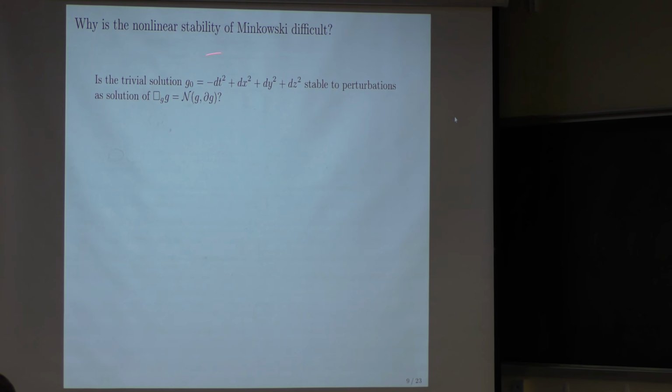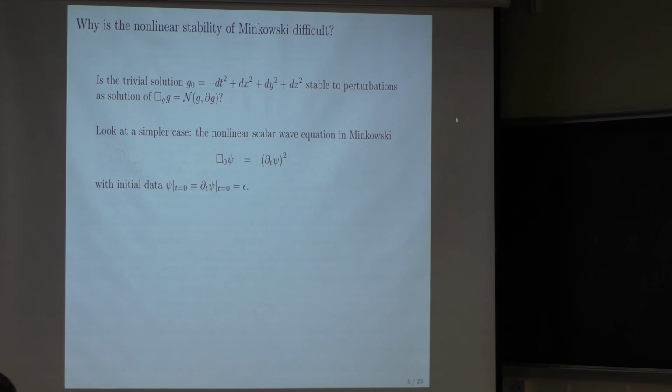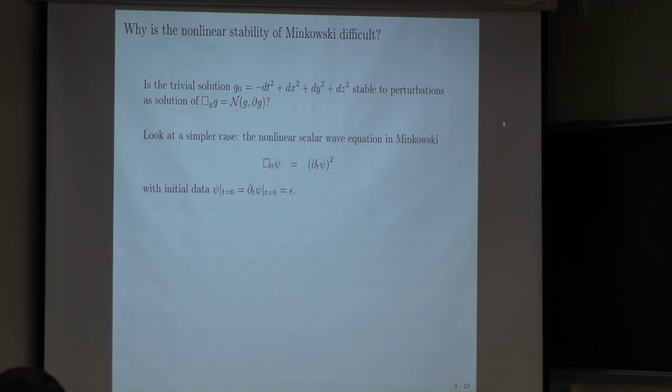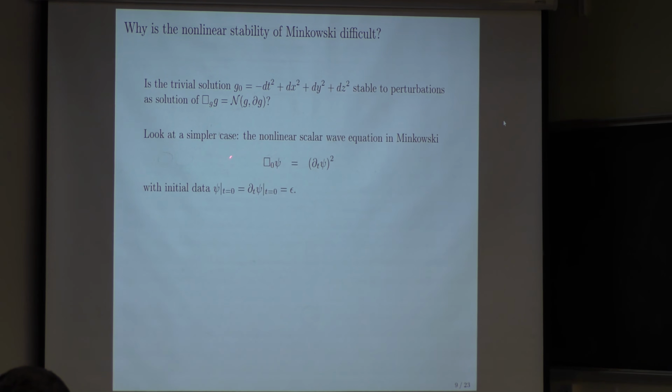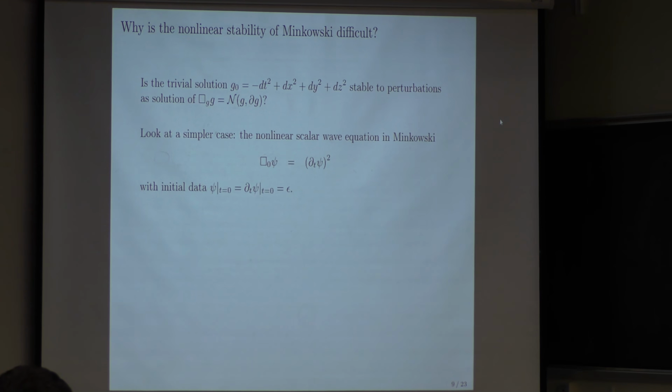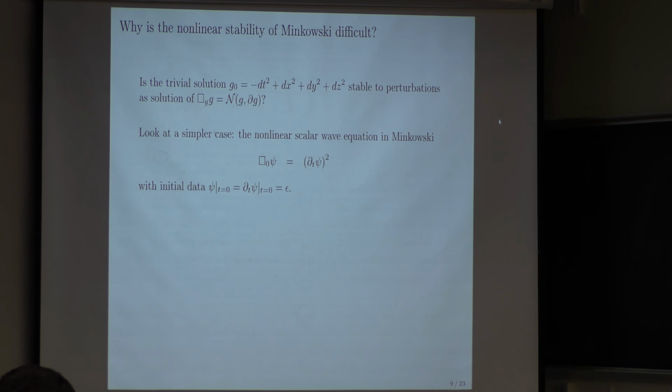So the question is this: is the trivial solution stable to perturbations, solutions to the Einstein equation? Well, the reason it's not easy is because nonlinear wave equations in Minkowski space are not easy. Even something much simpler than the Einstein equation, just a scalar wave equation like box of psi equals (dt psi) squared. This is a nonlinear scalar wave equation with some initial data. If you take initial data of size epsilon,